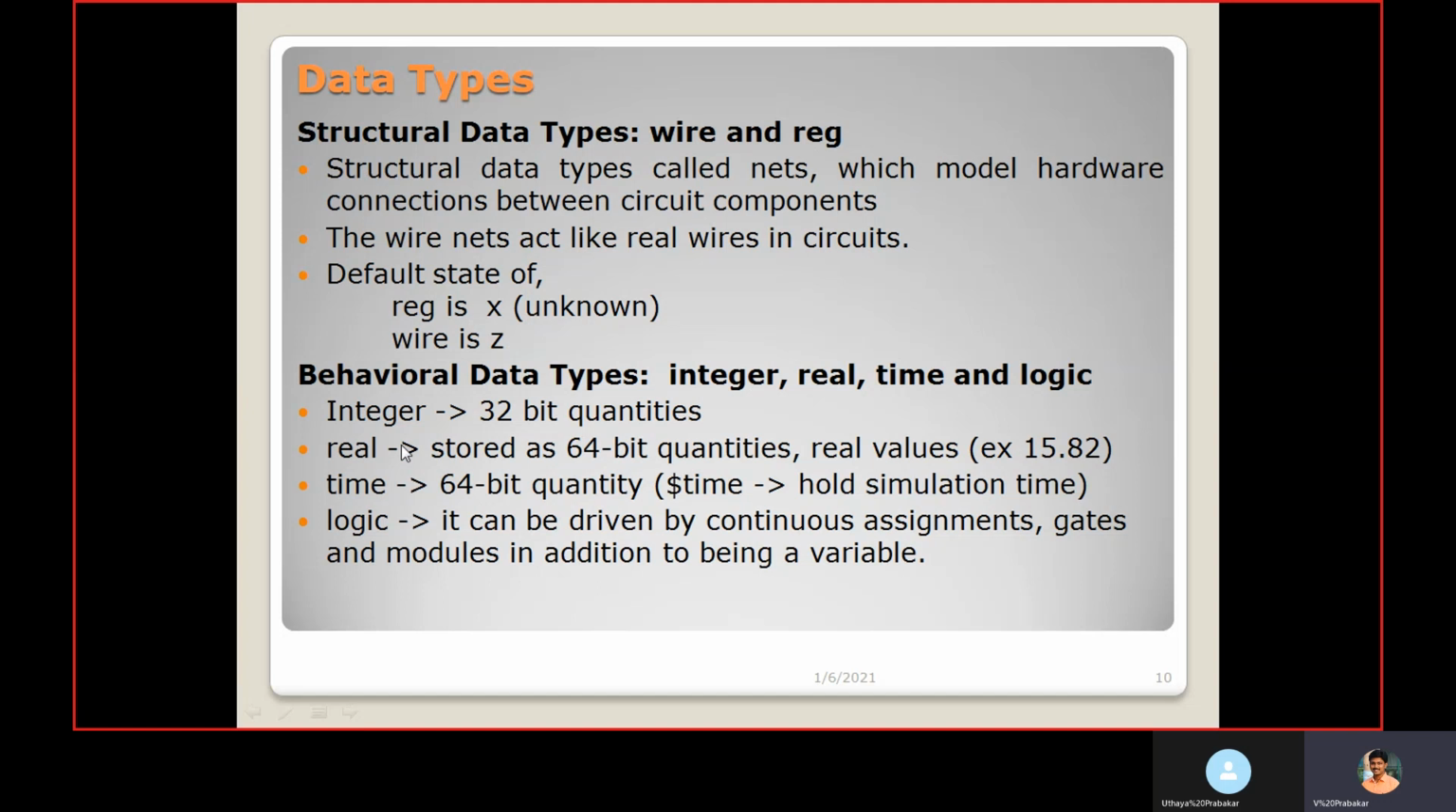Here all are 4-state data types. 4-state in the sense 0, 1, X, Z. The only data type introduced in SystemVerilog with the 4-state is logic. So in Verilog,